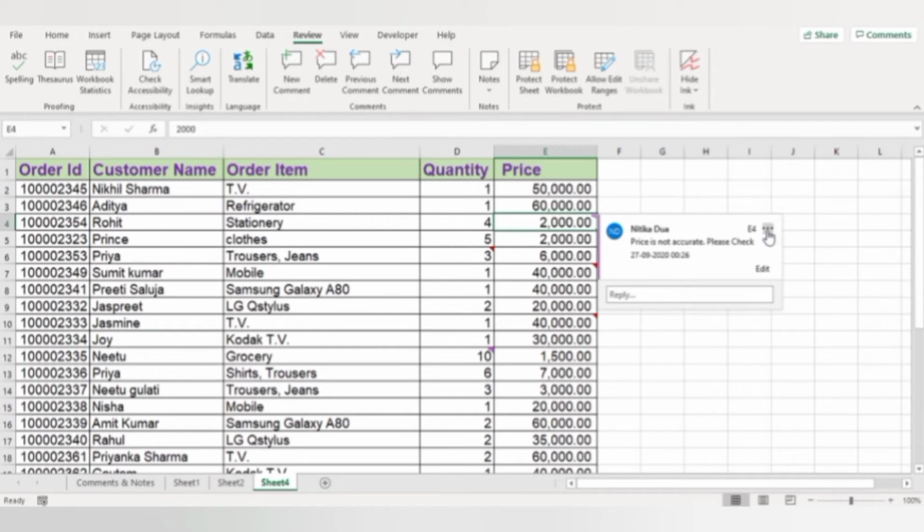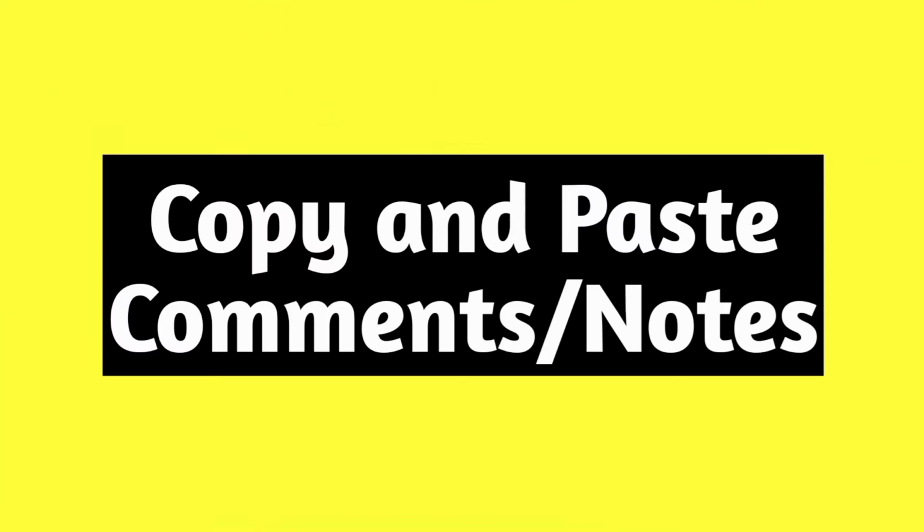And if your query is resolved, then you can click on these three dots, and from here you can select resolve thread. And now if you again see that comment, then here it is showing that your query is resolved and there is no need for conversation here. And if you again reopen your thread, then again you can comment or reply here. So these are some of the advantages of using comments.